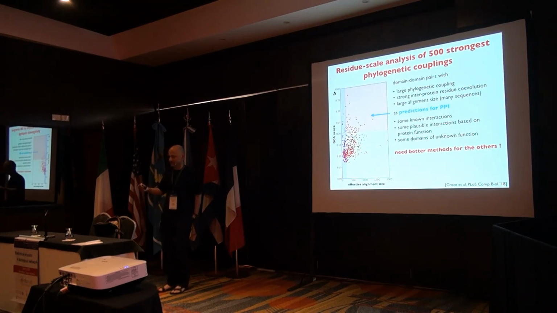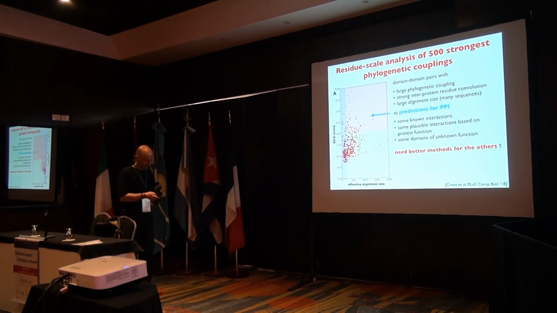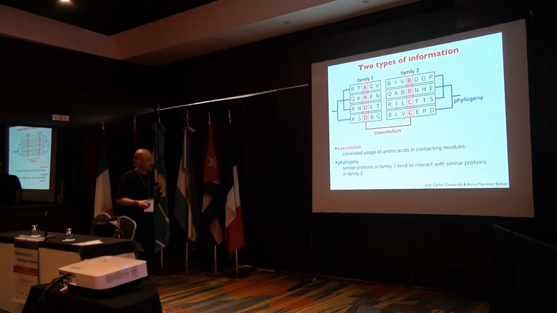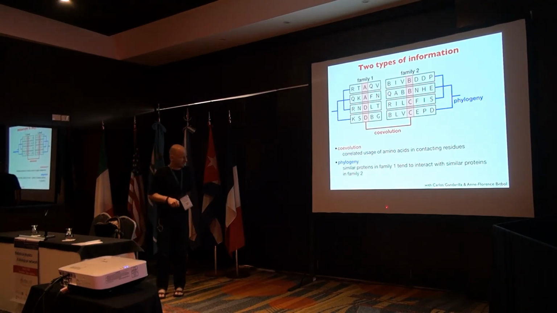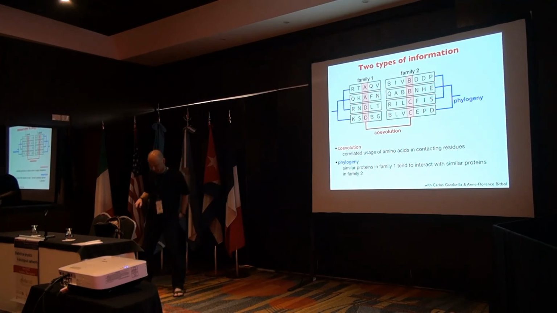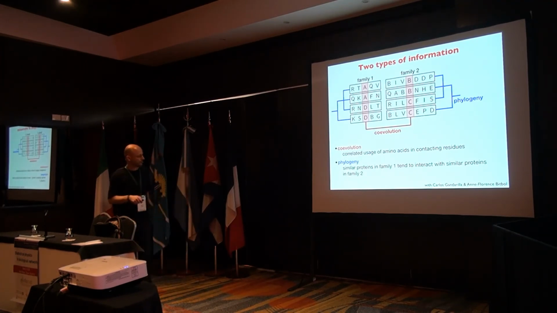And the absence of signal does not mean the absence of interaction. It just means we are not good enough to find it, or we are not good enough to disprove interaction. We have no information. So can we do better? And so as a very last point, I want to do something which we do at the moment with Carlos, who is a visiting student in this InferNet project coming from Cuba, and with Anne-Florence Bitbol, who used to be in Paris but now moved to Lausanne.